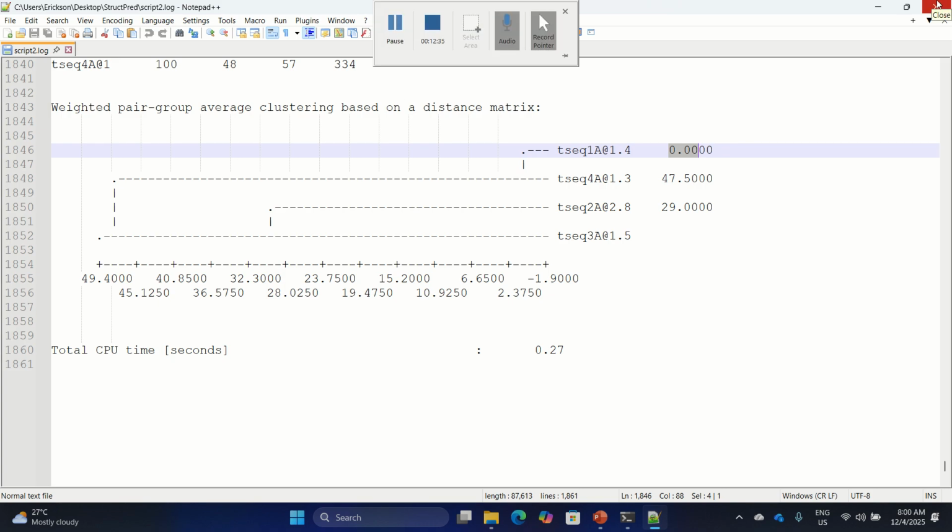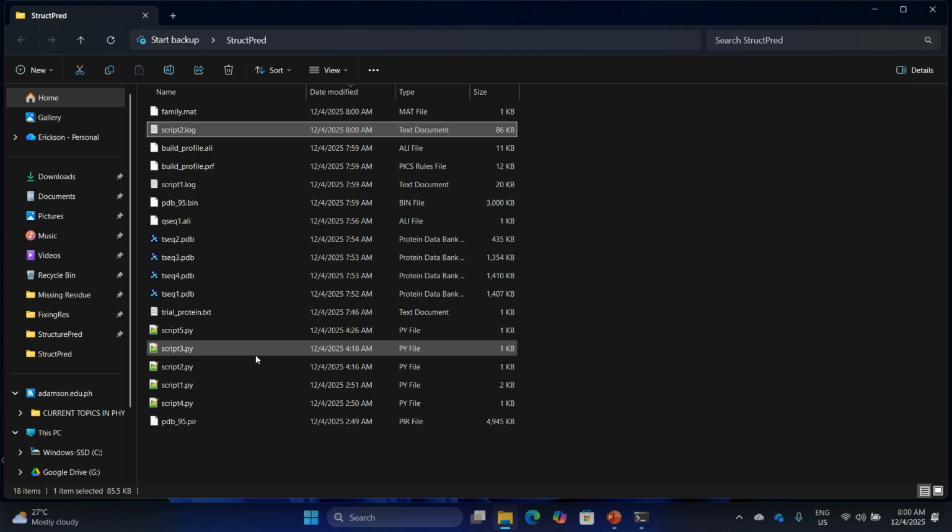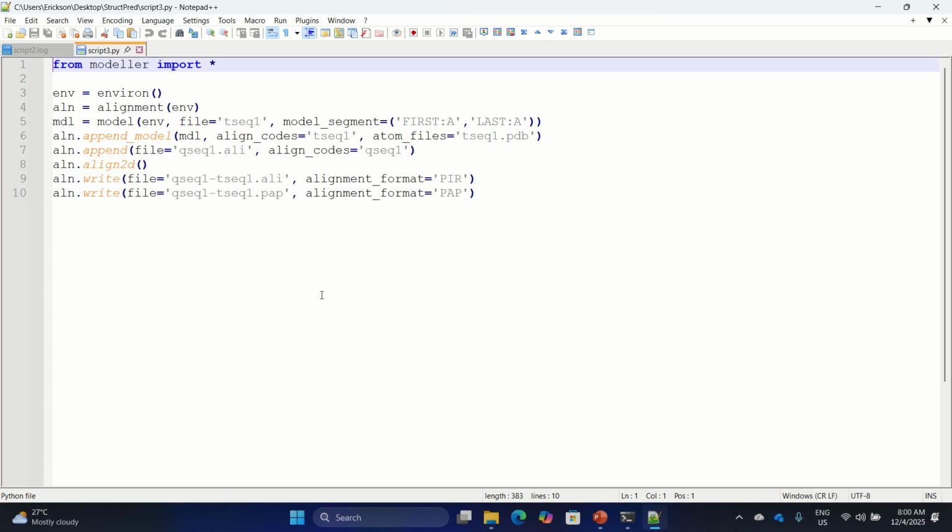So, we're going to use tseg1A in script 3. And luckily, in this case, tseg1A na siya. So, if the result is tseg2, then papalitan nyo itong mga naka-highlight ng green na to ng tseg2. And here, since A yung sa atin, kaya A ito. Kapag B yung nakita nyo sa plus B, then B ang gagamitin nyo dito, or whatever chain label yung gagamitin nyo. Dapat the same doon sa plus B. So wala akong babaguhin sa script 3 kasi tseg1 naman yung kailangan natin.